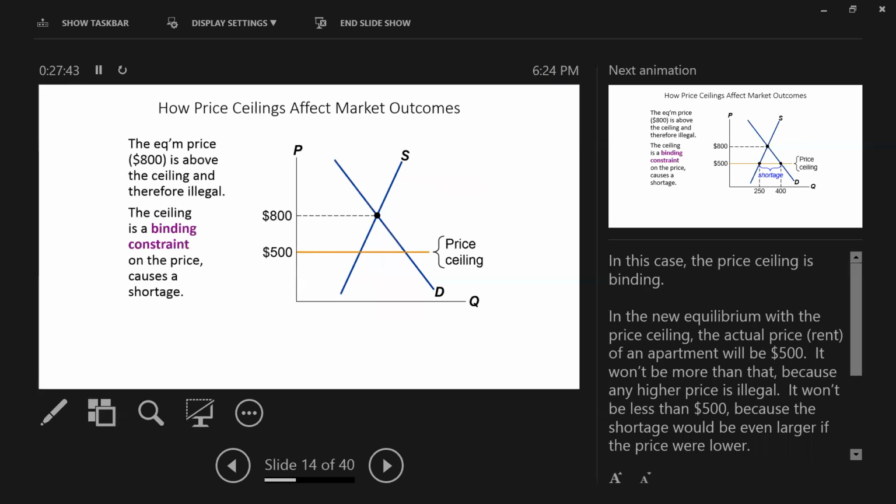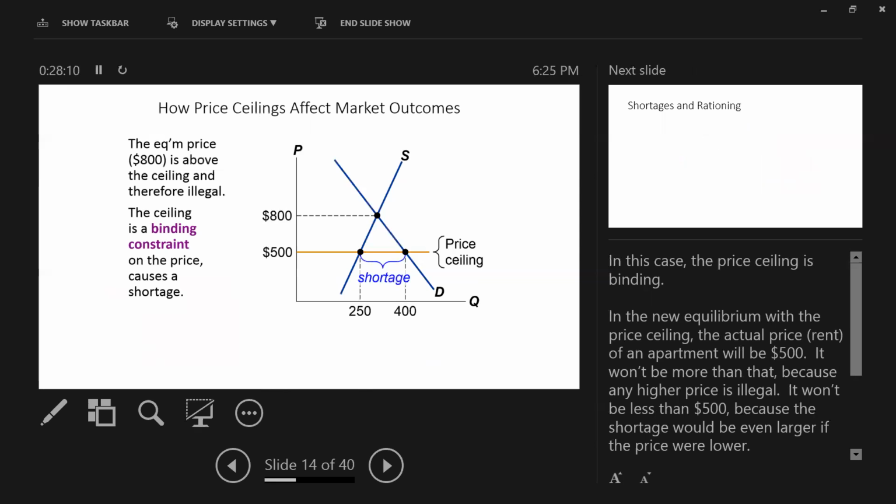Okay, so now the price cannot go above 500. If the price was below 500, okay, then we know there's a shortage caused and buyers would try to bid the price up. Problem now is the government has put a mandate on what the highest legal price is that the buyers are allowed to bid up to without going into black market transactions, implying that that $500 price ceiling imposes a shortage. Okay, we have 400 units that buyers want to purchase, but sellers aren't thrilled that the price is being held artificially low by this regulation. Sellers are responding by reducing their output, and they're only willing to sell 250 units,